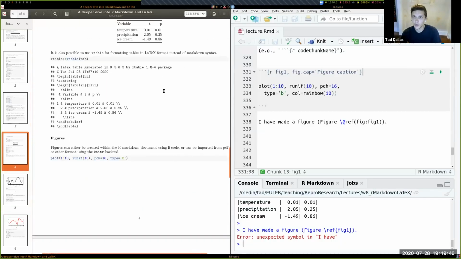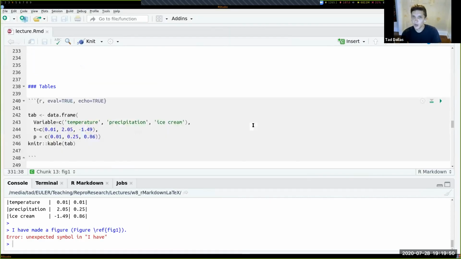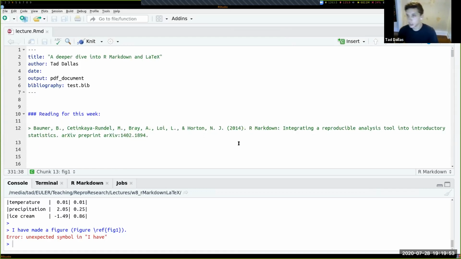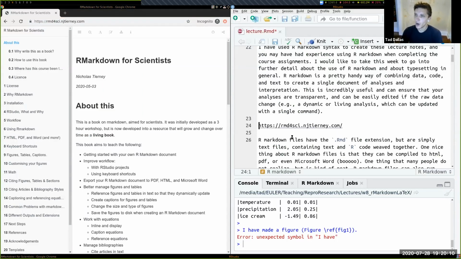Now we can close this and just have the RStudio document, and I'll show you how you can make your own templates or use existing templates for documents in RStudio. Before I go any further, I would like to point out this great resource, R Markdown for Scientists by Nicholas Tierney. It's a bookdown project about the use of R Markdown.